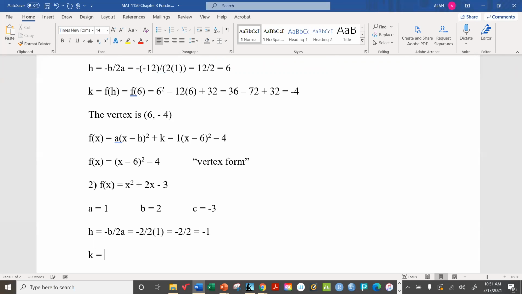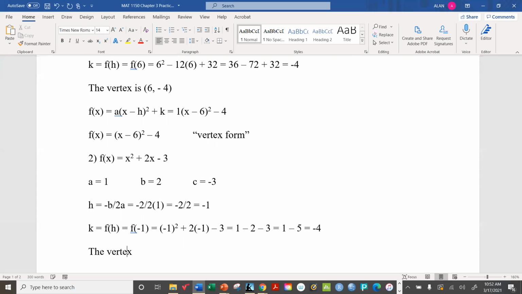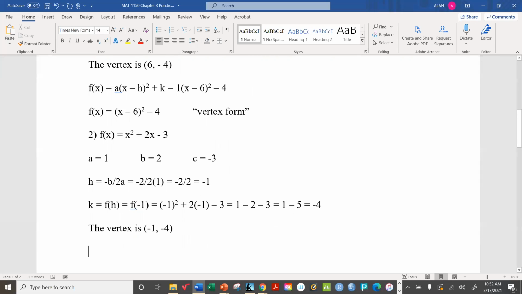And then once again, remind ourselves K is f of h, or f of -1, which means you've got -1 squared. The function is right here. -1 squared plus 2 times -1 minus 3 is 1 minus 2 minus 3, 1 minus 5, which is -4. So the vertex is the point -1, -4, and the equation in vertex form is therefore,